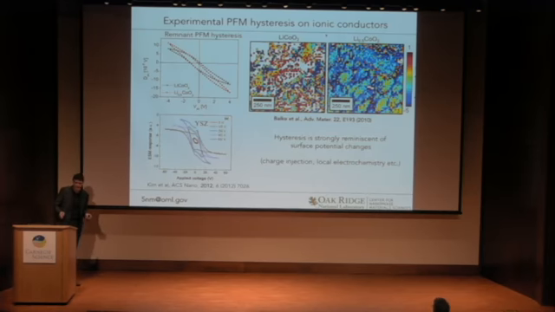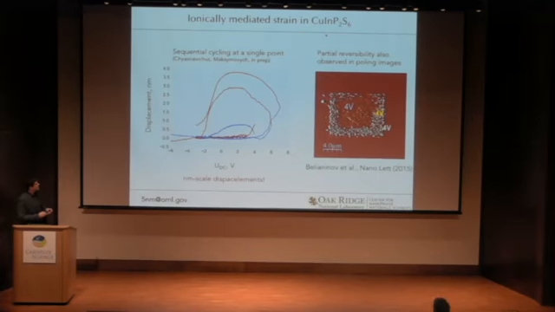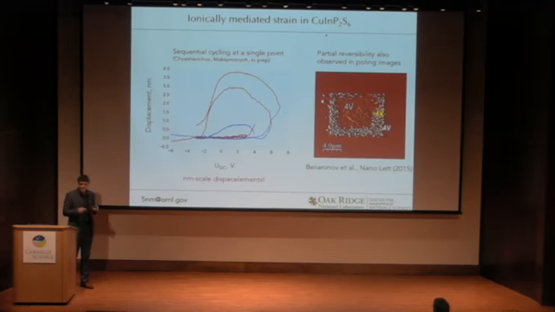It doesn't rule out ionic motion, but the mechanism is quite different. However, I'm pretty happy to show you this preliminary data that we have found a magic material on which we think we will be able to understand ionic motion much better. And this is a layered ferroelectric, copper indium P2S6.